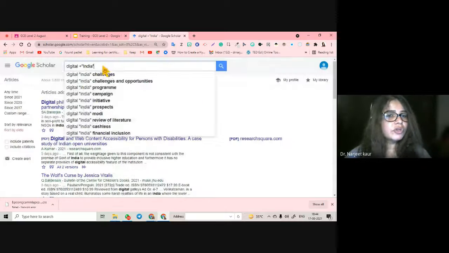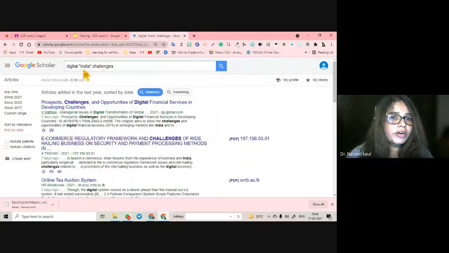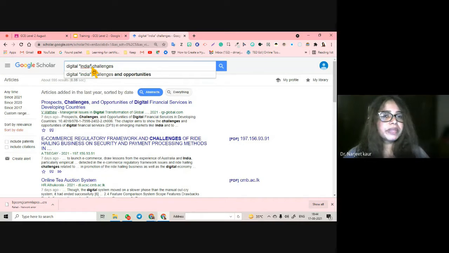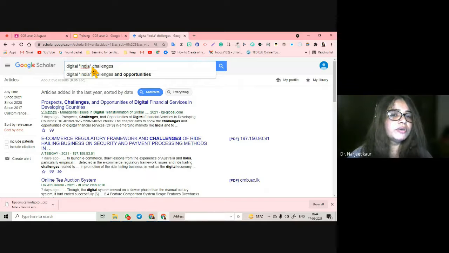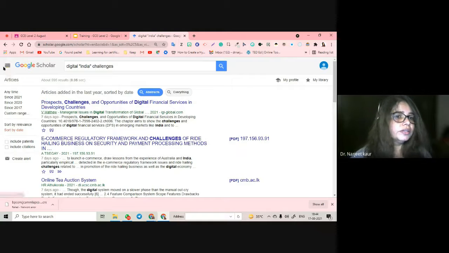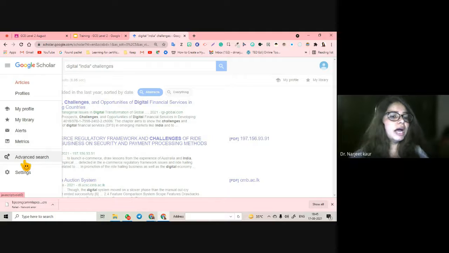So you can make your results according to these symbols, also according to these keywords, also according to these indicators, plus and double quote marks. All right, now this was about advanced search or searching the articles.